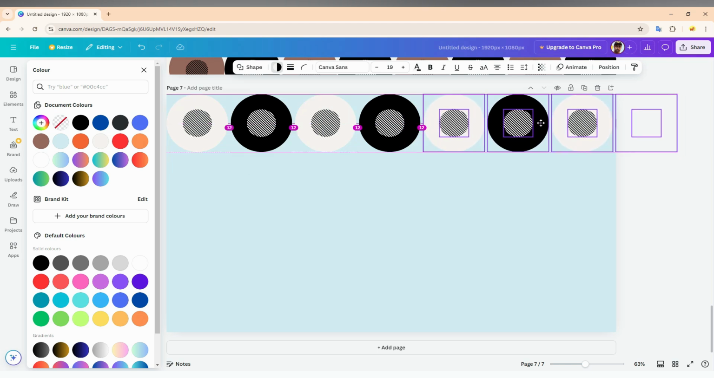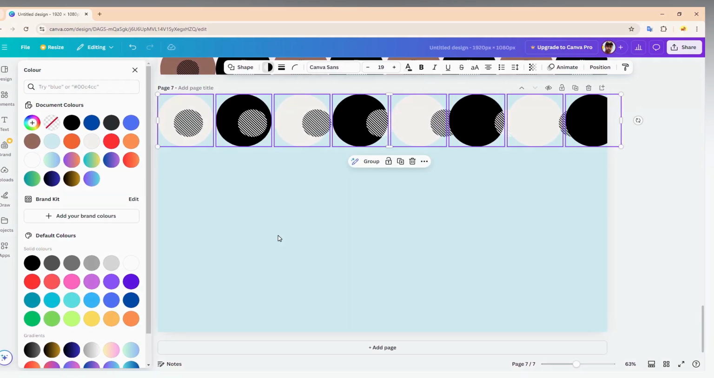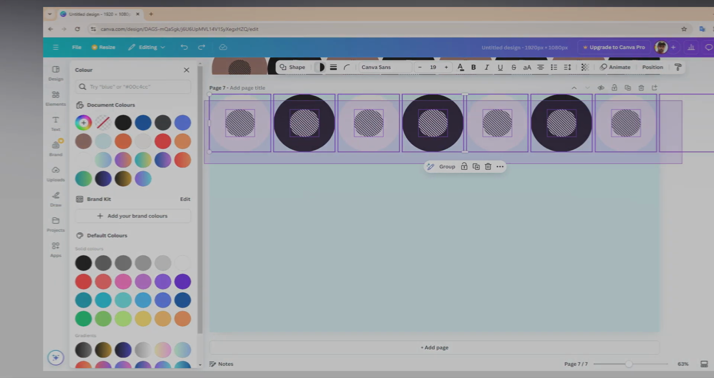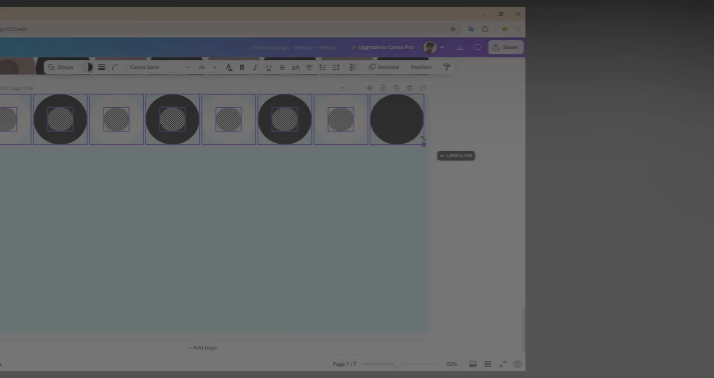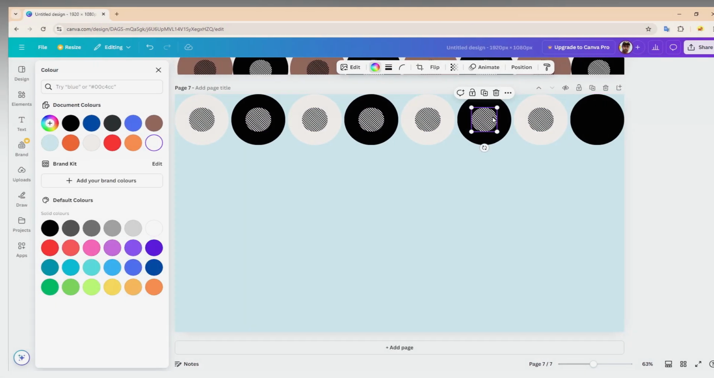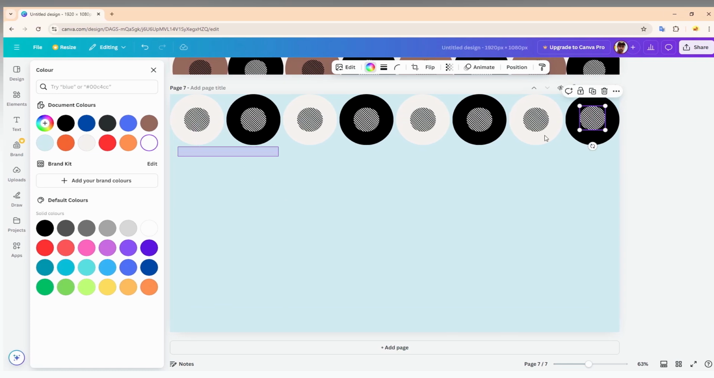Okay, it has been centered. So now you can resize it, and you can select the entire thing first, and resize it like this. So a particular thing is missing here. I'm just going to make it on the center. Okay, now